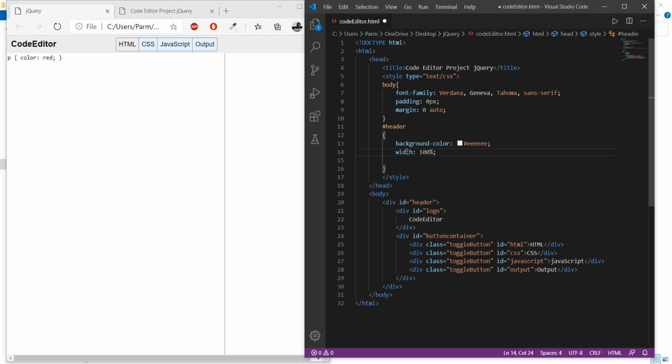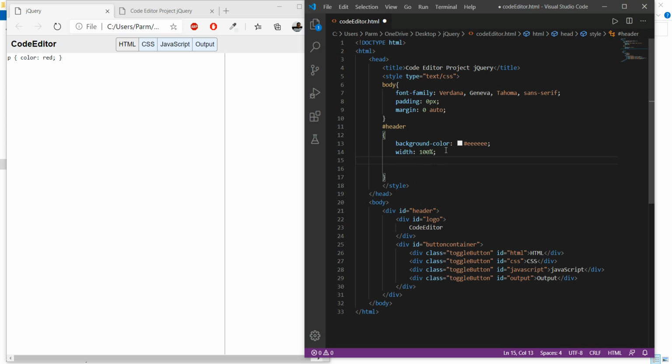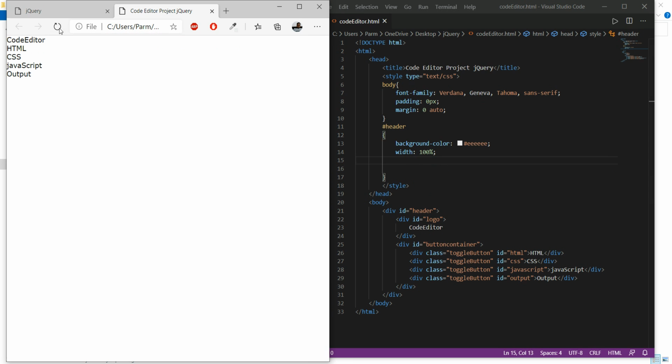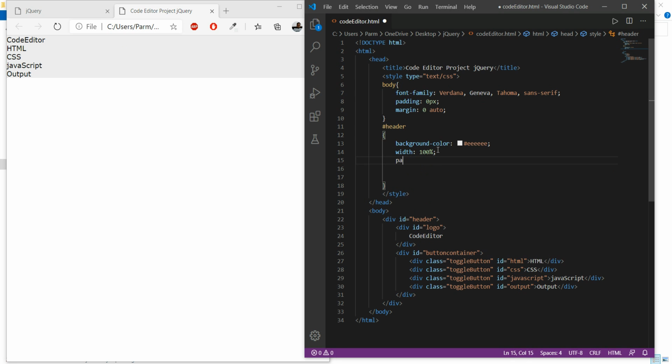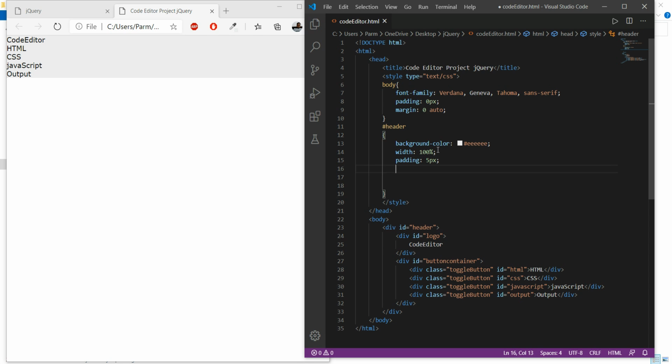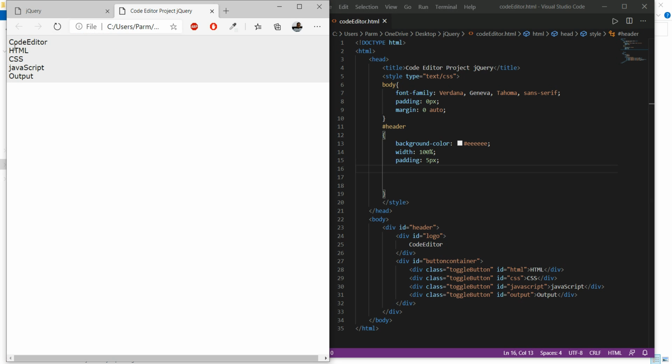Here we need some space, so save it, and yeah, we need to have some space over there. So here we'll set the padding. Say I am looking for padding of around 5 pixel. Save it. Yeah, 5 pixel is sufficient for us.